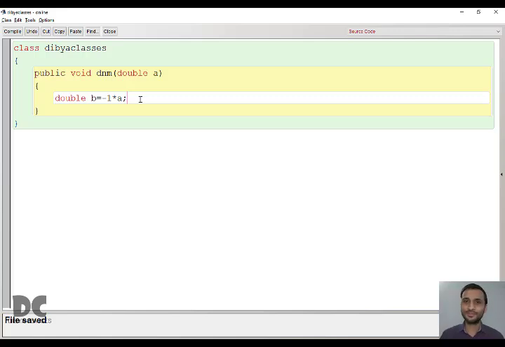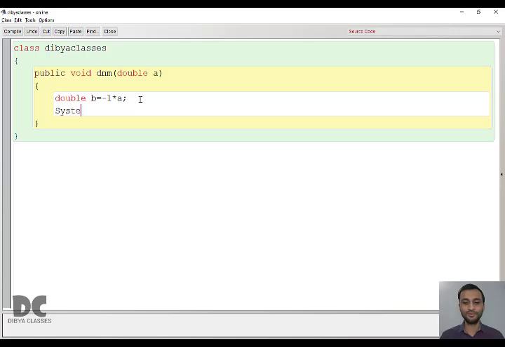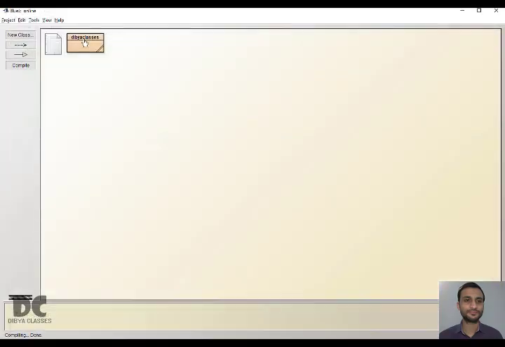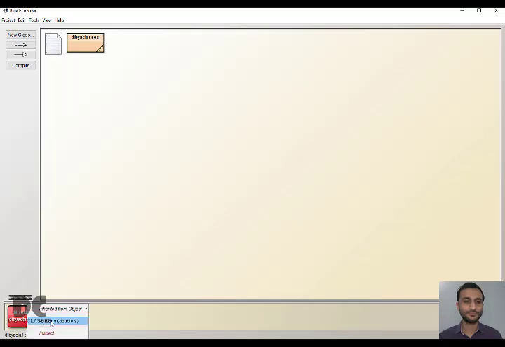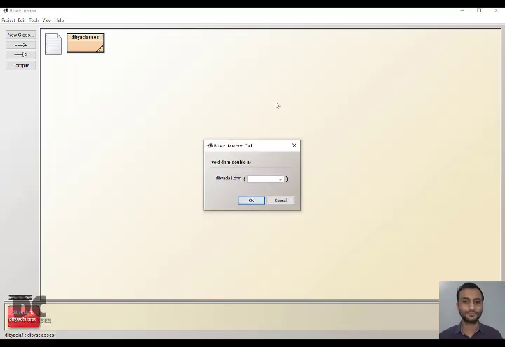Now the final value is in B, so we just have to print it. Again here you can write print or println. It will not matter much because there is only a single thing to print. Now let us run this program. Let us enter 4.5.